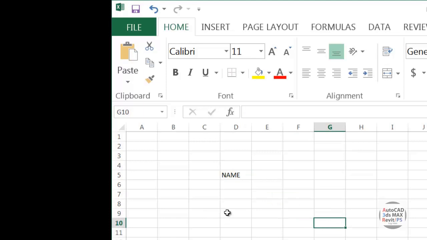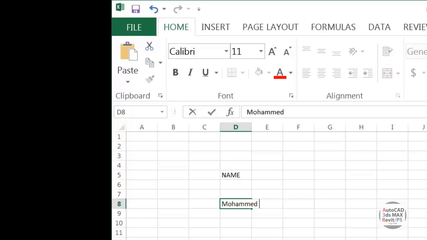But for example, let us say that I have a bigger name. Now you can see that the name is a little bit bigger, so it has crossed the limit of my cell.